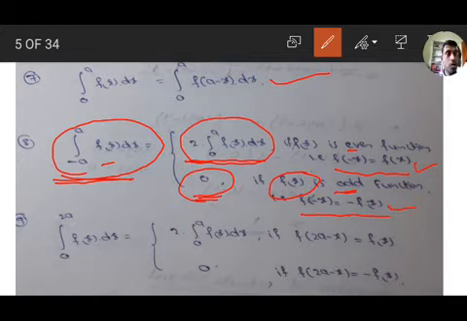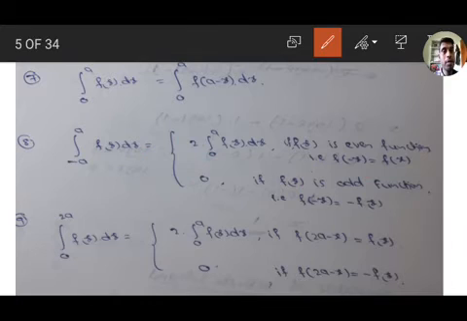Next, this is also an important property. These two properties, 7th one and 8th one, are very important. Problems will come from this one. Okay, next, second one, 9th property, the last property: integration 0 to 2a f of x dx equal to 2 into